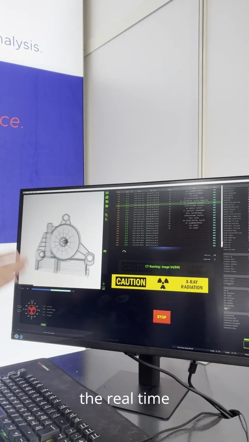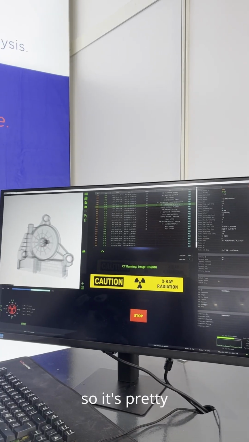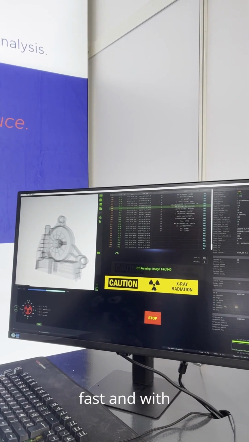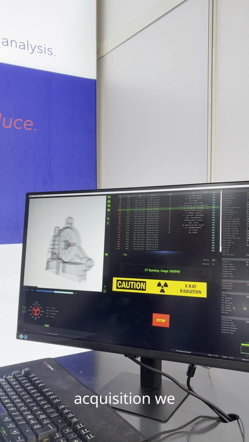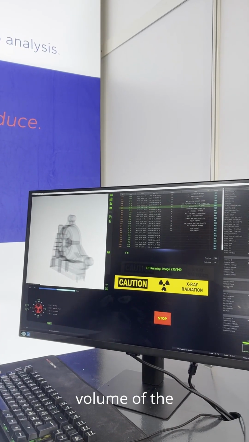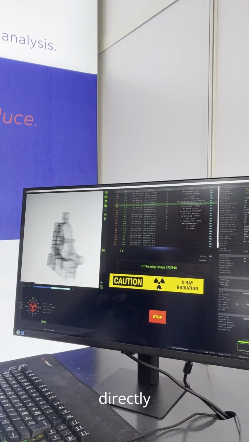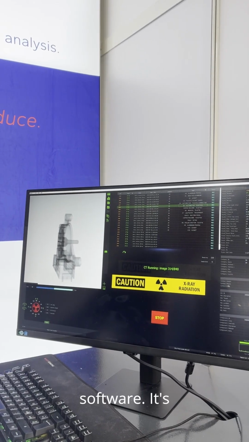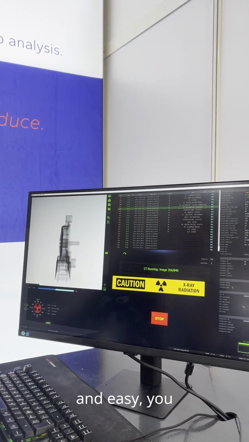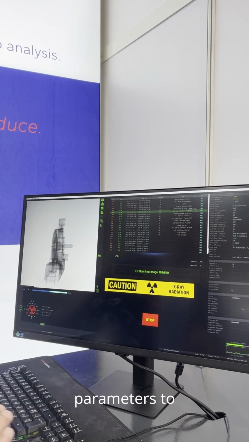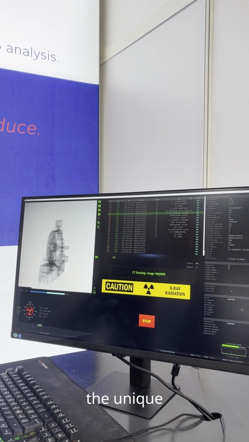What we see here is the real time of acquisition, so it's pretty fast. And with this acquisition, we can get the 3D volume of the element directly inside our 3D software. It's pretty simple and easy. You have very few parameters to set up because the unique